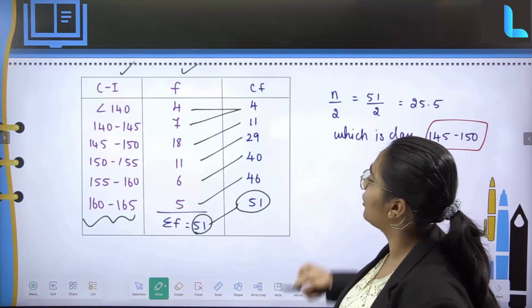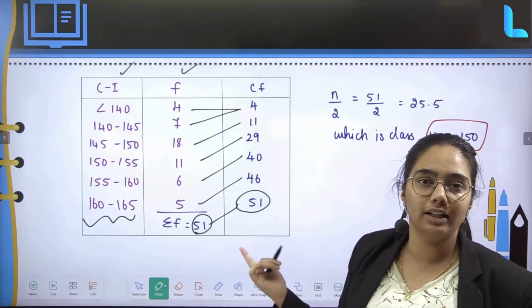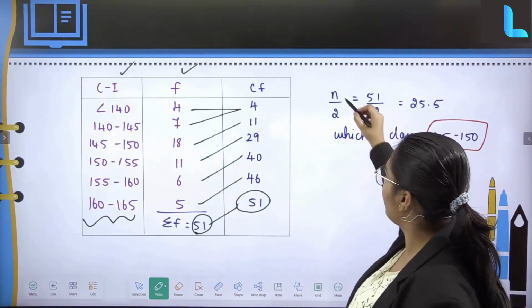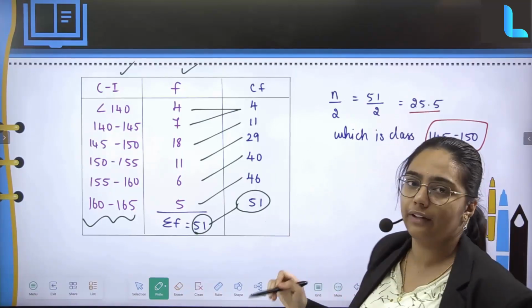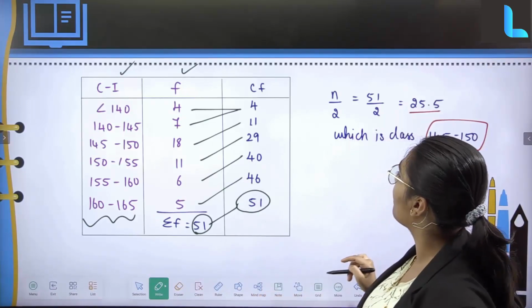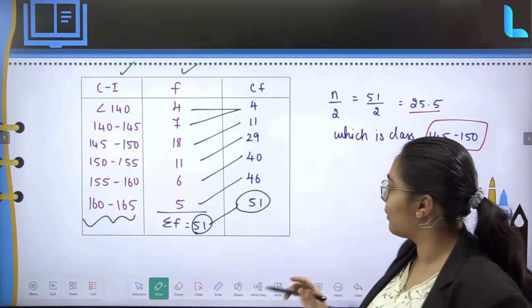Once your cumulative frequency is done, you have to find out what is going to be the median class. So here what is my total n? In the previous question which we took, it was odd, only 5. So basically I just took the middlemost one. Here n upon 2 is 51 upon 2, which is going to be 25.5. So where is it going to fall? See, whenever it is there, you have to consider the highest one.